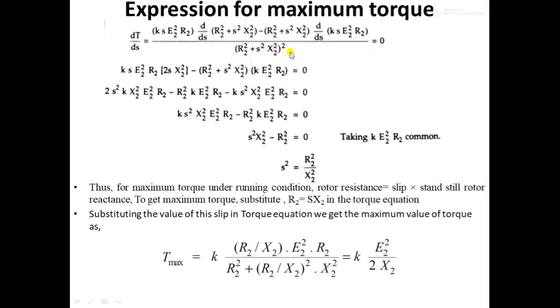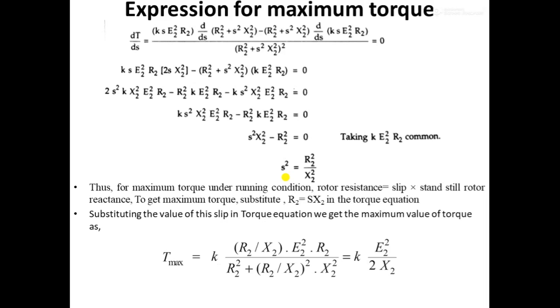So while equating to 0, this denominator term gets vanished, and then simplifying it, we will finally be able to obtain the relation for S square as R2 square by X2 square. So from this it's very clear that when the value of slip is equal to R2 by X2, the torque value will be maximum. So the condition for maximum torque is slip is equal to R2 by X2, or else we can say that when the value of rotor resistance is slip times that of the rotor reactance, the maximum torque will be developed